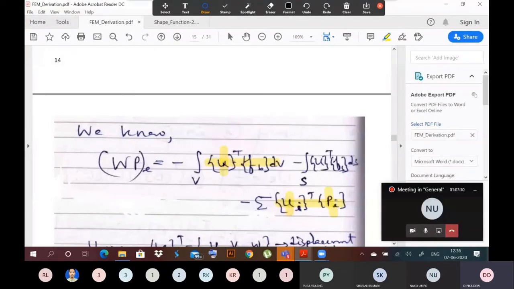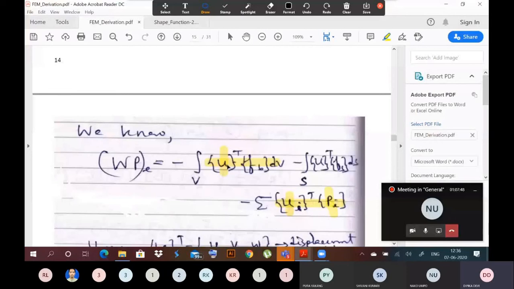Then we have to multiply it by the volume. We have considered an elementary volume. So this is the work done by the elementary volume dV. So when you multiply Fb by dV, it will give you the force acting on that small elemental volume dV. Then if we integrate this term over the volume of the element, that will give you the total work done by this body force within that element. So this term will give you the work done by the body force acting in the element.